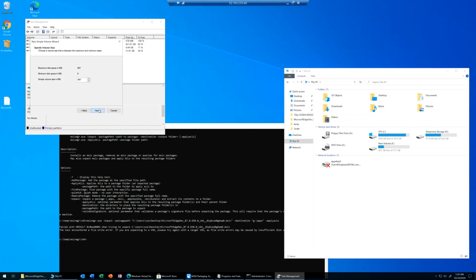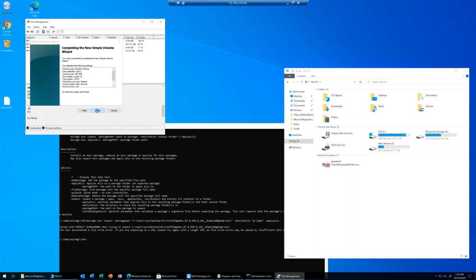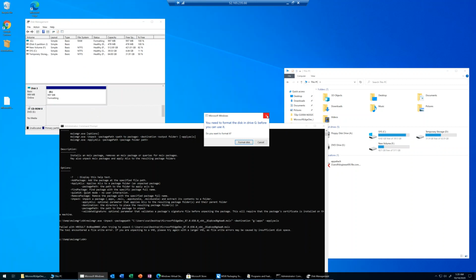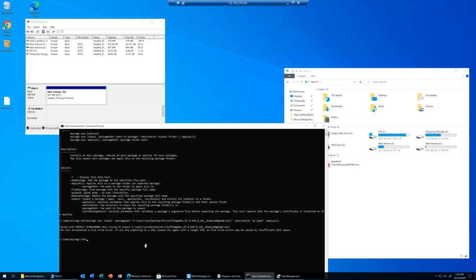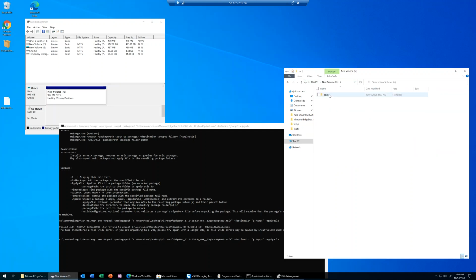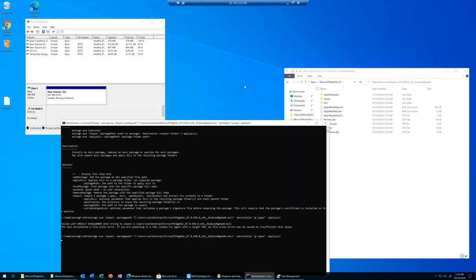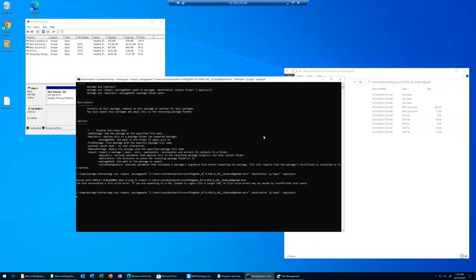Simple volume. Now, luckily for my lazy nature, you can see that my command is still in the command prompt. So all I need to do is run that one more time. Let's go check on the G drive. And in apps, stuff is happening, it's all here. Now, if we guessed the right size, we won't get an error here. And voila, no error. Successfully created a VHD with our MSIX package inside,